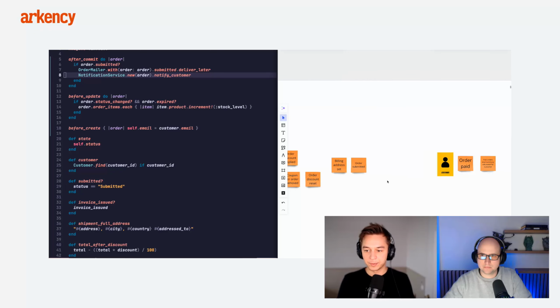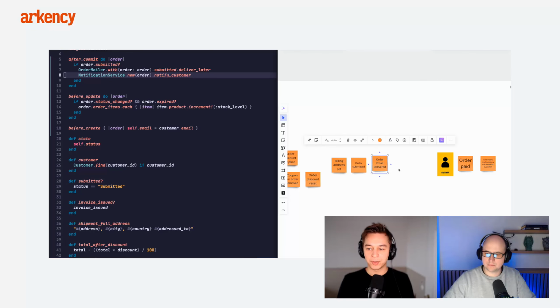And then how to map this into an event storming session? You would just paste a sticky note, and in the sticky note you would say that order delivered email delivered, whatever this is, right? You will know because this is your business domain. But also, you would probably want to map out that